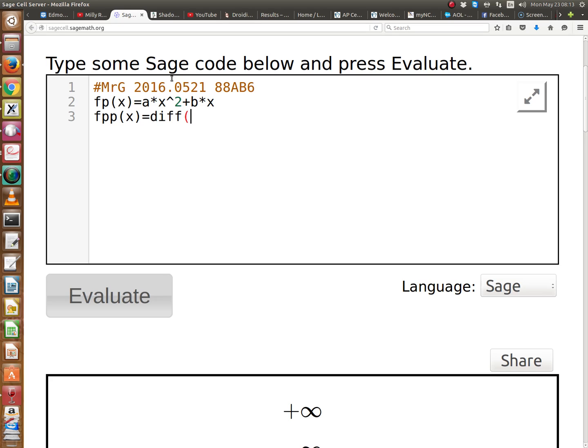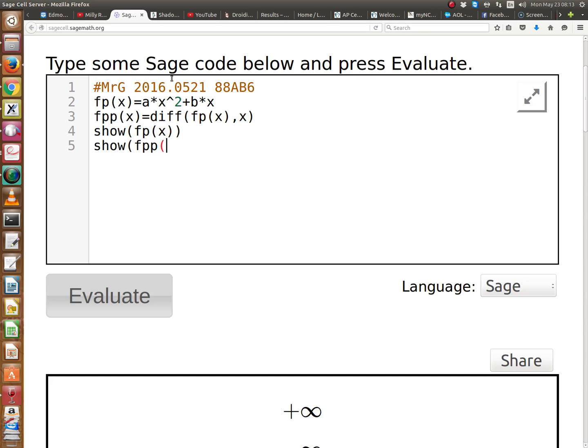Diff. Diff of who? Of FP, right. You can call it anything you want. I'm calling it FP to make it clear which one's f prime and which one's f double prime. All right, and now if I tell it to show both of these, just to make sure I got them defined correctly,